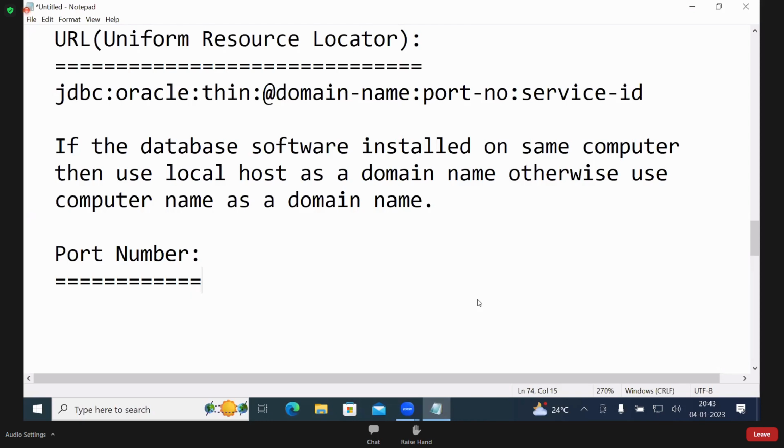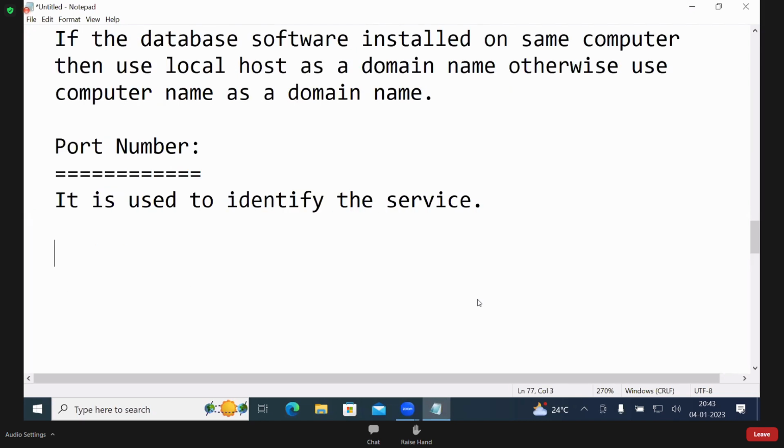For identification purposes, one number is required. The reserved port numbers range is 0 to 1023.